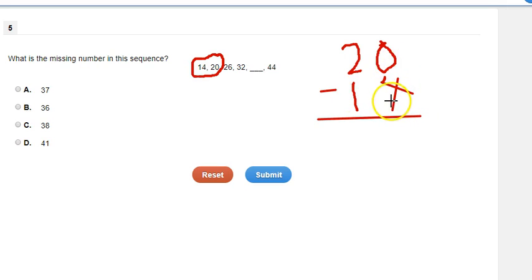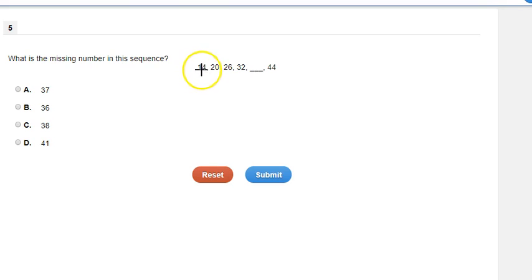0 minus 4, you cannot do that, so you have to borrow from the 2. It becomes a 1. Add it to the 0, it becomes a 10. Oh, that's supposed to be a 10. Okay, 10 minus 4 is 6. So, because this is getting larger every time, it starts at 14 and then goes to 20, then 26, then 32. They are adding 6 every time. So to get this blank spot, we have to take 32